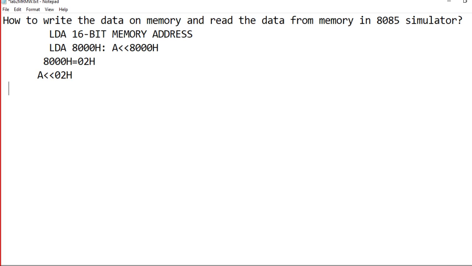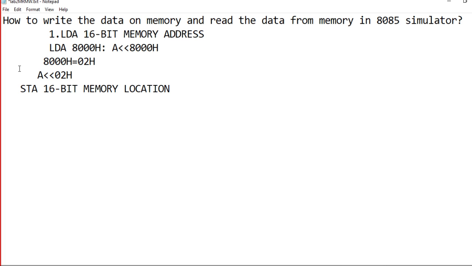The second instruction is for writing the data to memory, that is called STA followed by any 16-bit memory location. So this is the first instruction and this is the second instruction. Basically it will be used as STA and any address, assume 8001H.